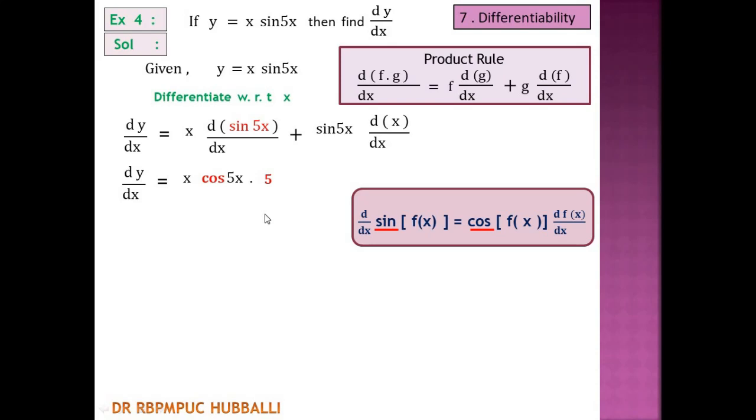Now I'm not going to write stepwise. I'm writing the derivative of composite functions directly. So the derivative of sin 5x is given by cos 5x into 5, where the derivative of the variable 5x is written directly as 5. I hope you got it. Once again I repeat: first the derivative of the sine term, that is cos with the variable as it is, into the variable's derivative 5. Plus the function as it is, and d by dx of x is 1.